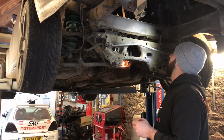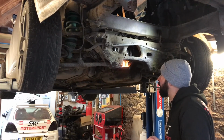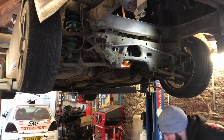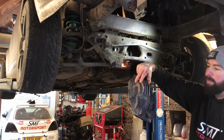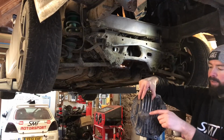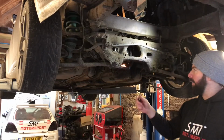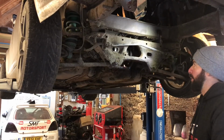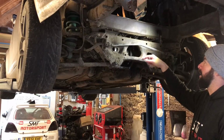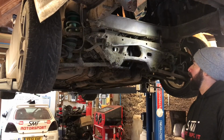So it's just burning all the crap off the bottom. So yeah, you could do this. I'll show you this plate. I don't want to get my hands dirty. This plate, I just cut off like 5 or 10 mil off of here just so I could slide it out. So if you don't want to drop the diff, that's the way that I've done it, is remove the spare wheel well. You can get really good access to this. You can weld in here and then just take it all off there. So yeah,